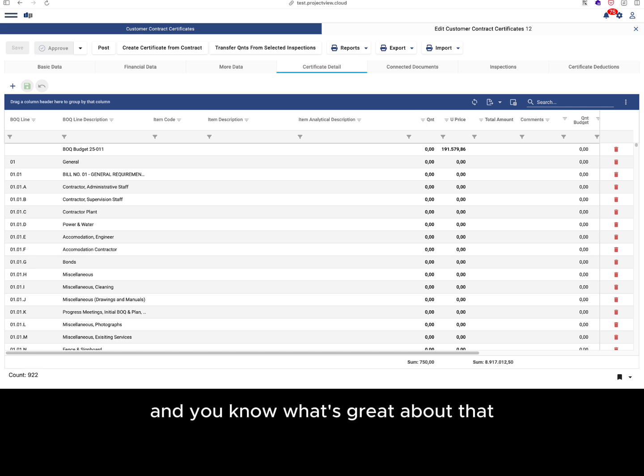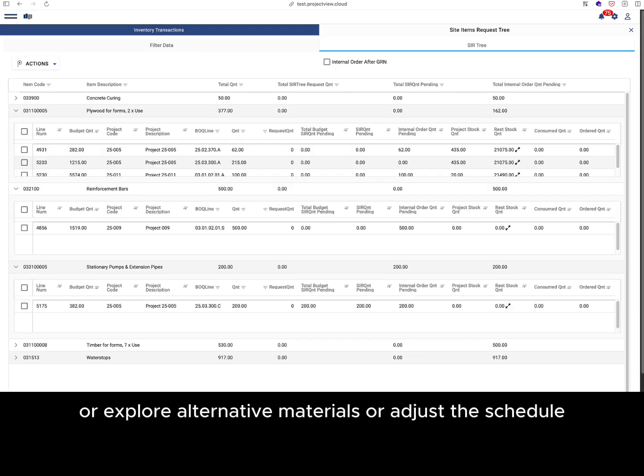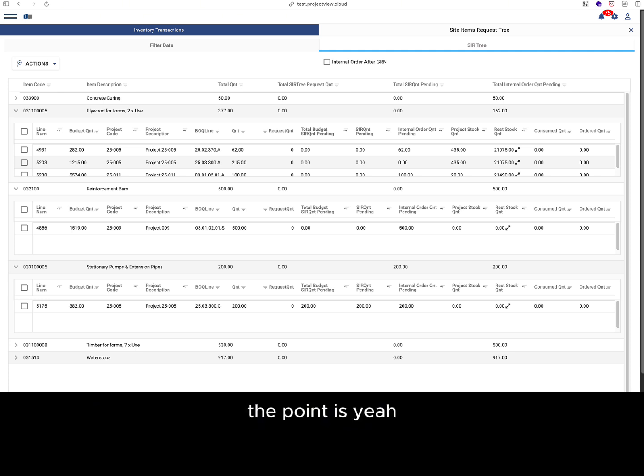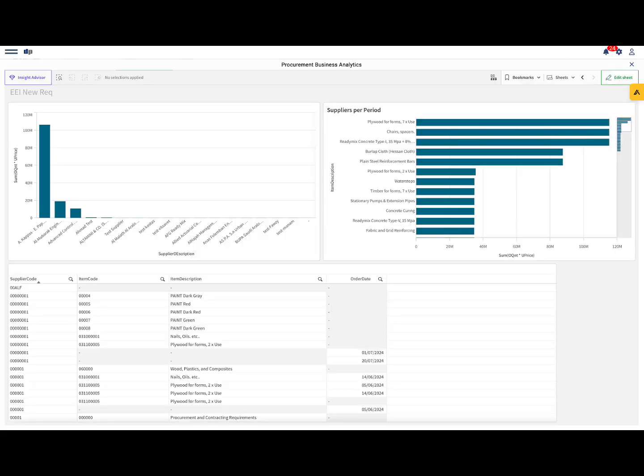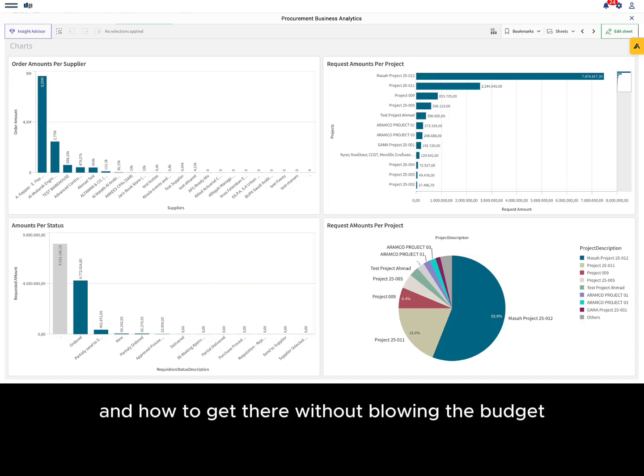And you know what's great about that? What? It allows for much more informed decision making. How so? Well, maybe you negotiate a better price with the supplier, or explore alternative materials, or adjust the schedule. The point is you have the information you need to make the best choice. Precisely. It's like having a financial GPS for your construction project. That's a great analogy. You know where you are, where you need to go, and how to get there